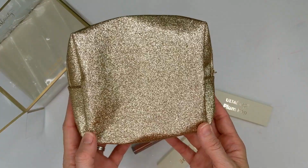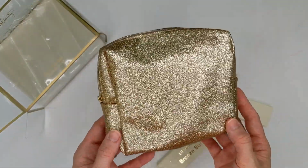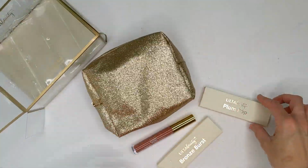All right, so next up I want to show you some of these cute little holiday kits. These are also just from the Ulta Beauty line. And the first one is called Joy to the Girl. So it comes in this really pretty gold pouch. It's really sparkly and shimmery. So this one was $16. They claim that it has a $48 value, but inside you get one of their Patent Shine liquid lipsticks, as